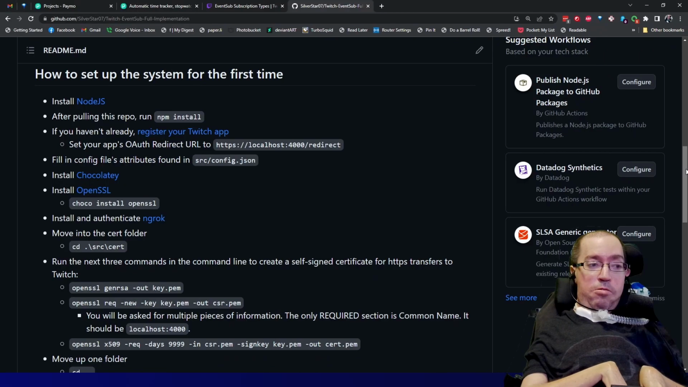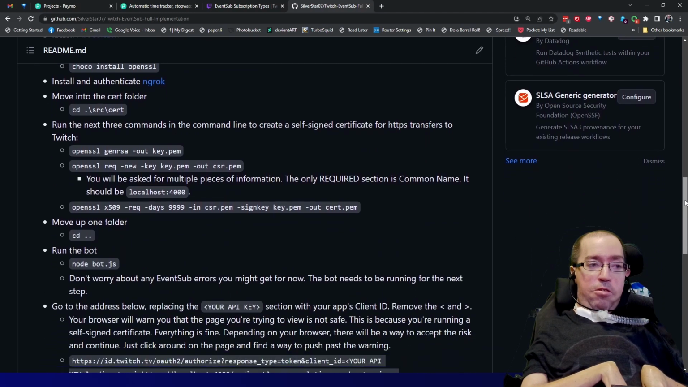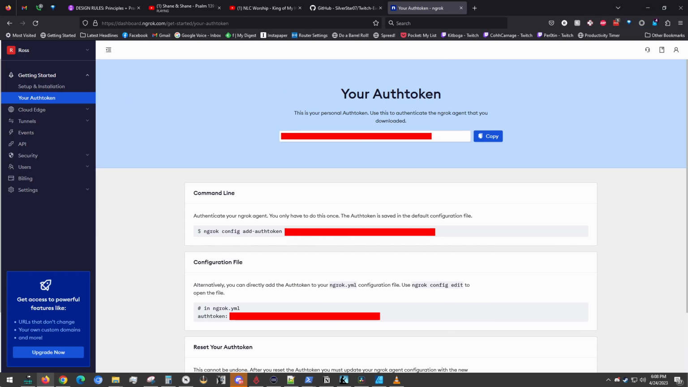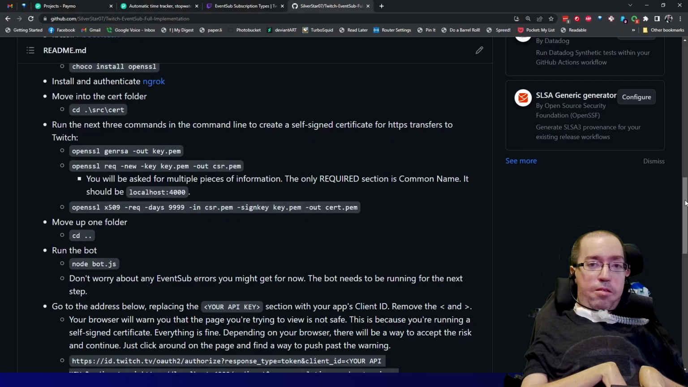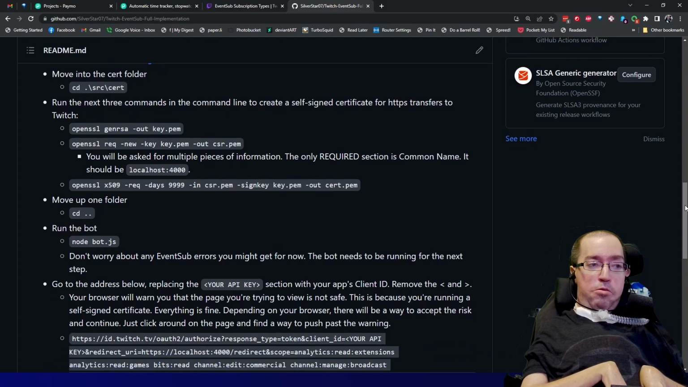Then you'll need to install Chocolatey, which will then give you the ability to install OpenSSL using the commands that you see on the screen. And then next up, you'll need to install ngrok and authenticate it following the process that they give you through that site. And once you have all of that installed, what you need to do is move into the